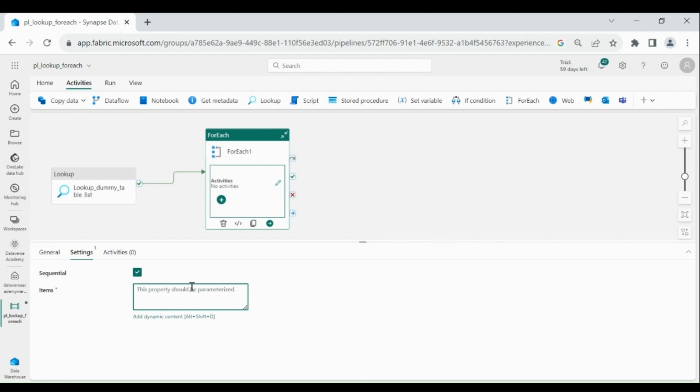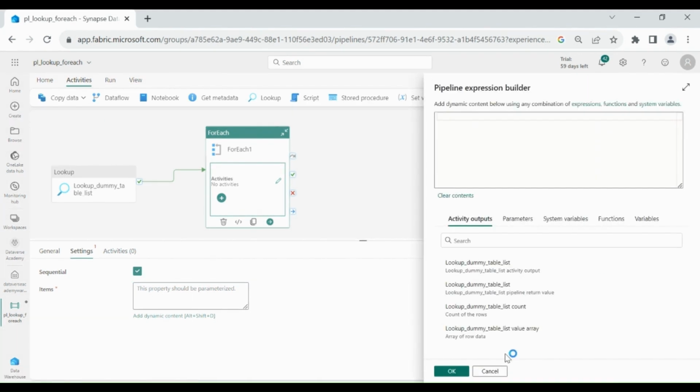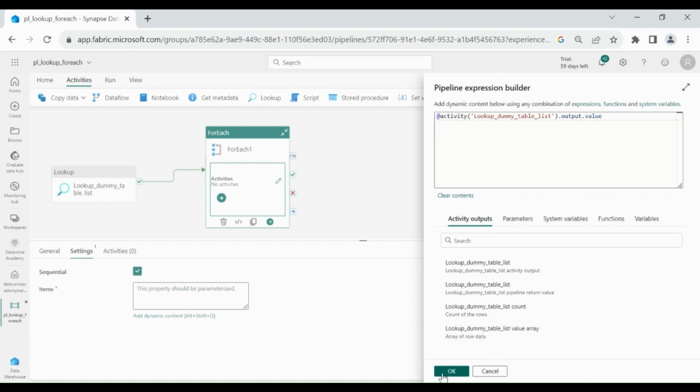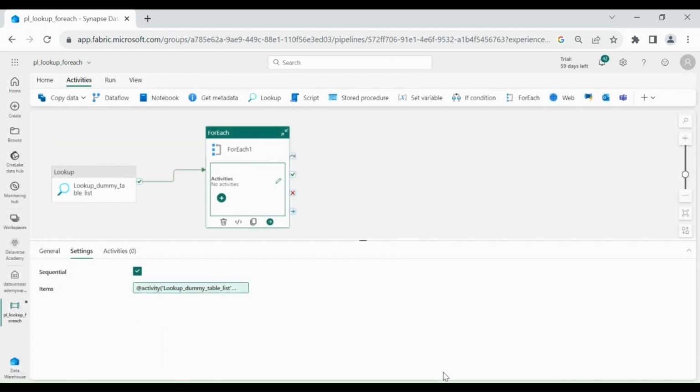In items, we need to use the lookup output parameter. So for that, click on add dynamic content. Here you can see lookup dummy table list value array. In this, we will have both the columns, schema name as well as table name. So click on it, then click on OK.